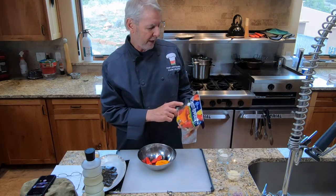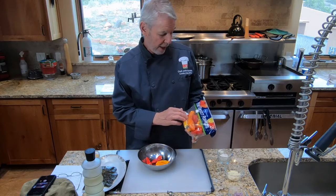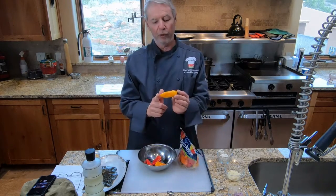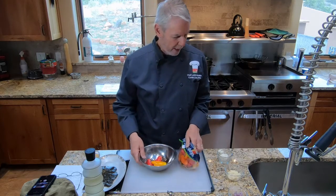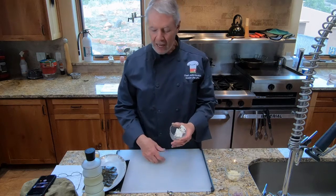And I got these at Kroger, also known as Smith's. It's also known by other names. They come in a bag, and you can say they're about 4 inches long. They're beautiful. Okay. All right, in addition to the peppers, we're going to need about a half a cup of